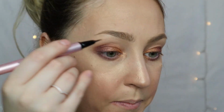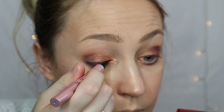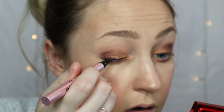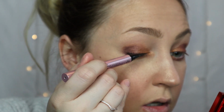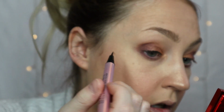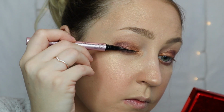This one. Liner, he ended up just going with my Too Faced Better Than Sex liner. I don't know for any particular reason, but this is the one we got, so that's fine. Again, I was a little worried he might pick out the brown liner. Not that that's a problem, but just like, I don't know. He was throwing me for a real curveball with most things he picked, so... And I also just remembered that he picked a red lipstick, which is gonna look really funny with these eyes,